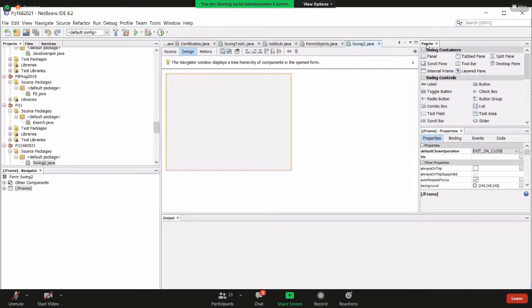Not only in NetBeans, in other programming languages as well as in HTML and scripting languages, everywhere you can find this control. Usually, radio buttons are used to select only one option from the available ones. When we use checkboxes, it allows multiple selections, but a radio button allows only one selection. That is the main difference between radio buttons and checkboxes.